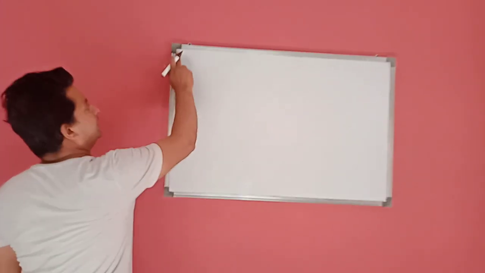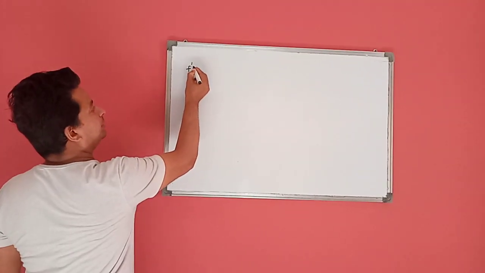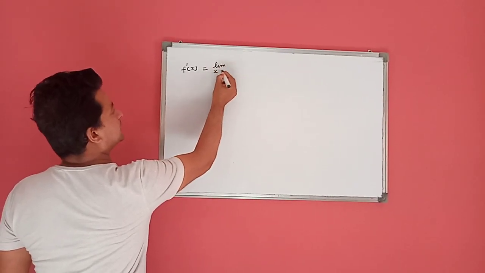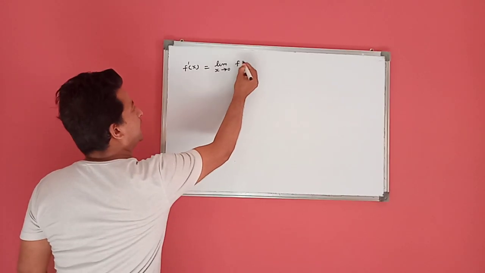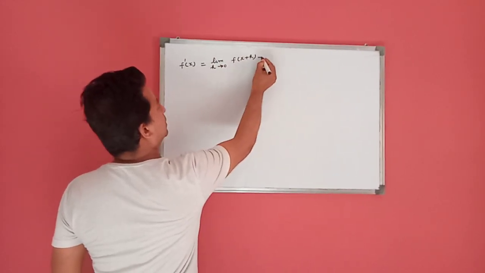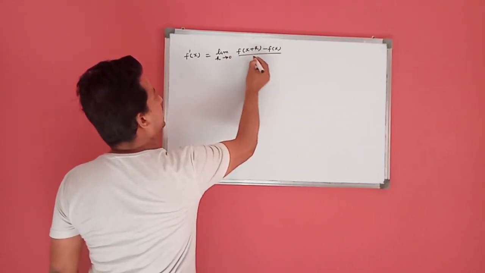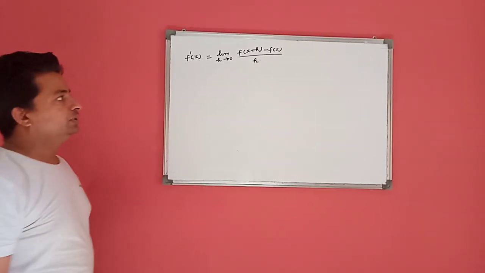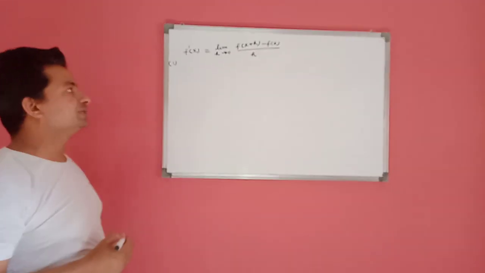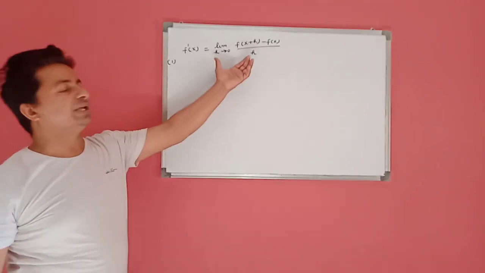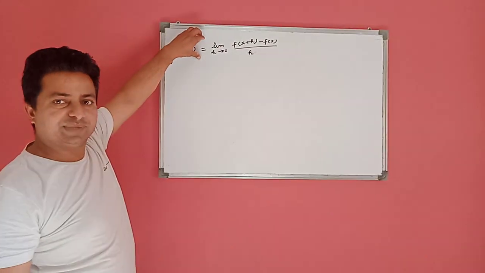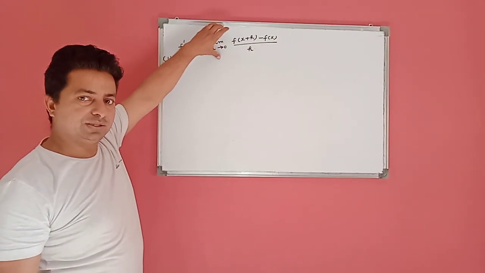According to the definition of differentiability, f'(x) is equal to the limit as h approaches 0 of (f(x + h) - f(x))/h. First, we prove all results, trigonometric results as well as inverse trigonometric results, by using this method. This is called the definition of derivative. It's also called the delta method or ab initio method.